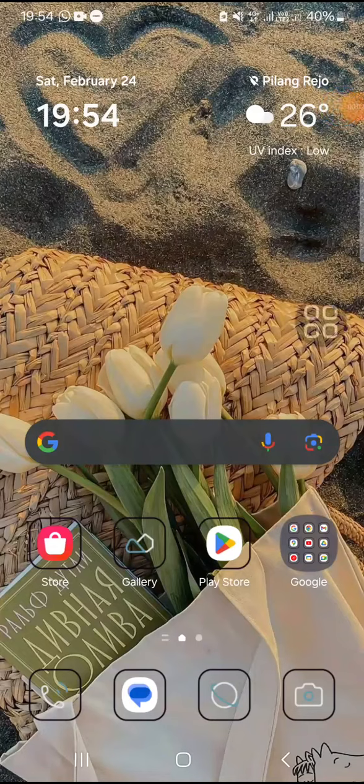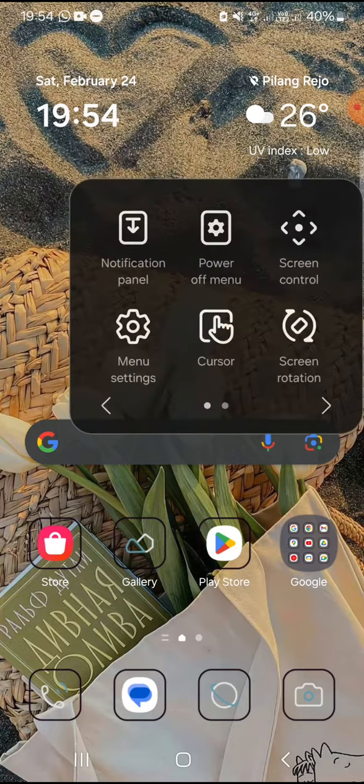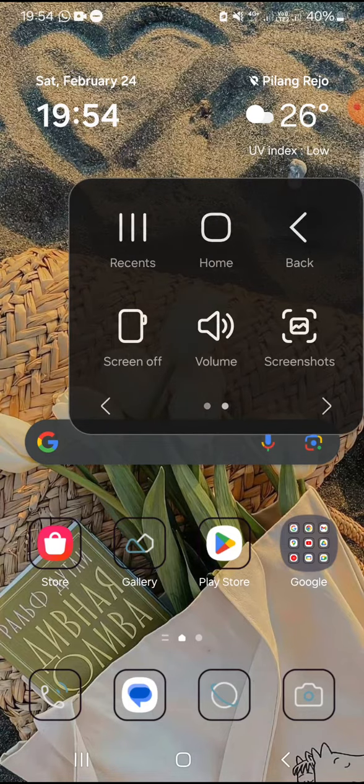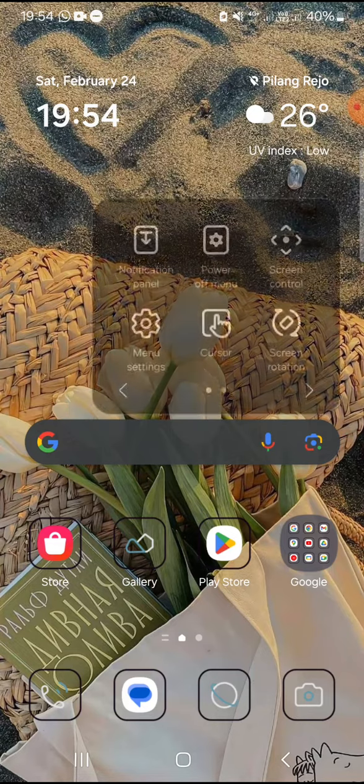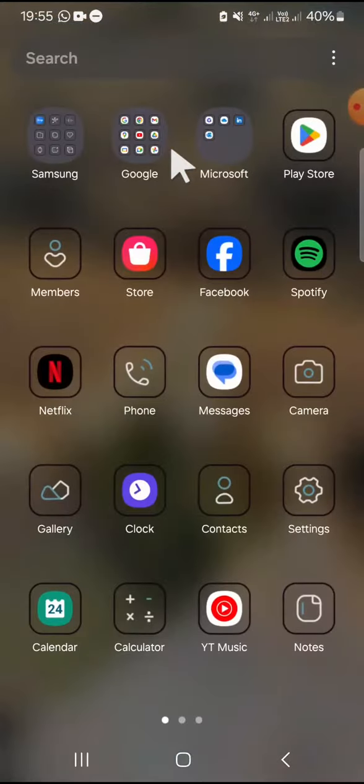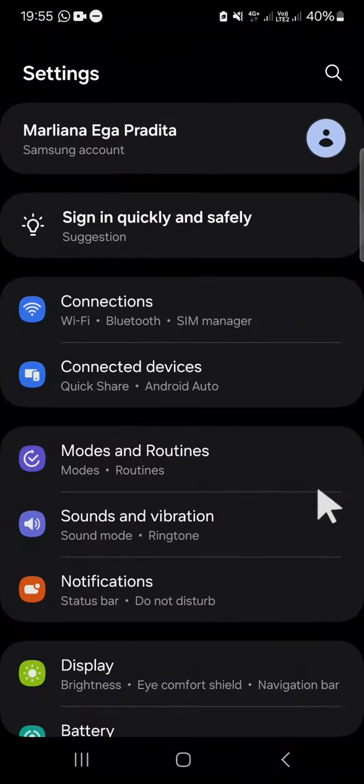In today's video, I'm going to show you how we can edit assistant menu items on the Samsung Galaxy phone. This is my assistant menu and these are the items on my assistant menu, and I'm going to edit the items. So first of all, we can open our settings application on our phone